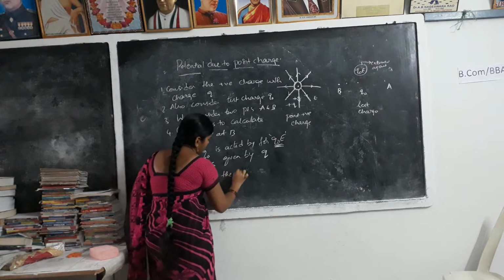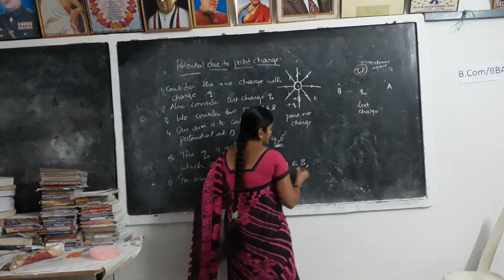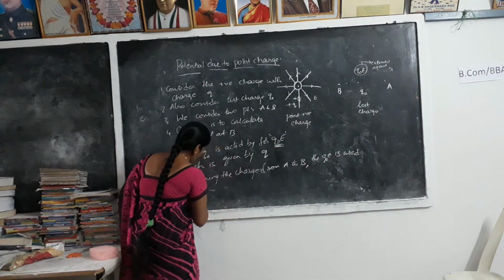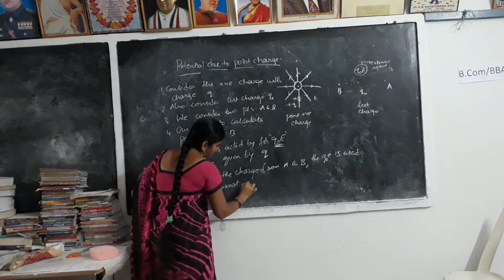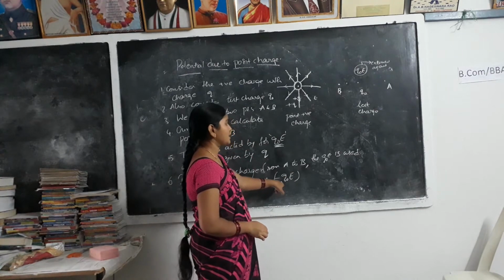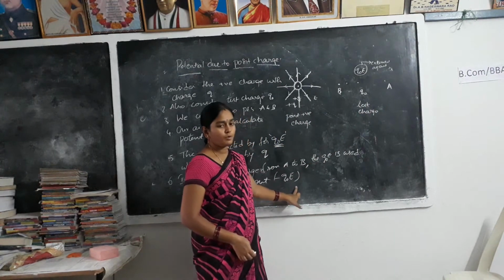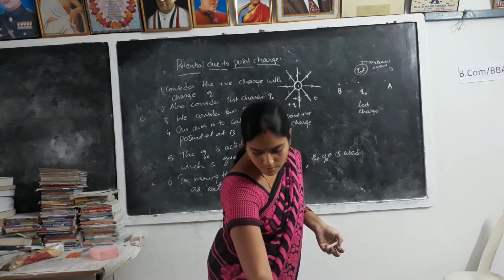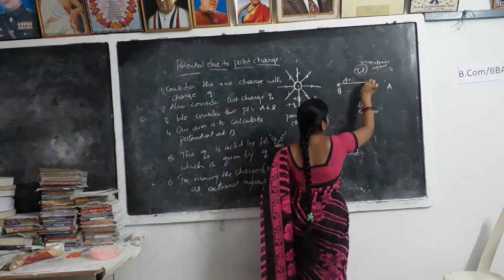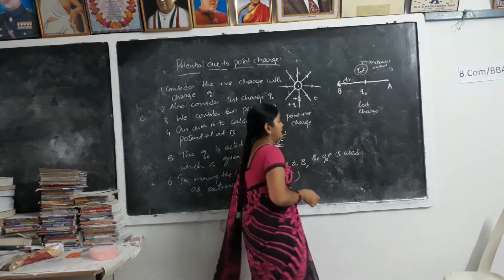In moving the charge from A to B, the Q naught E used as external agent is minus Q naught E. That means here the work done in moving the charge from point A to B is minus Q naught E, over a distance dr. Then again it moves like this to the point B, which is at a distance dr.